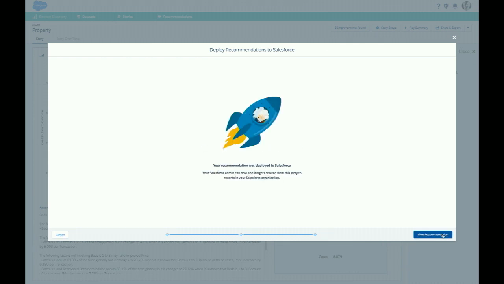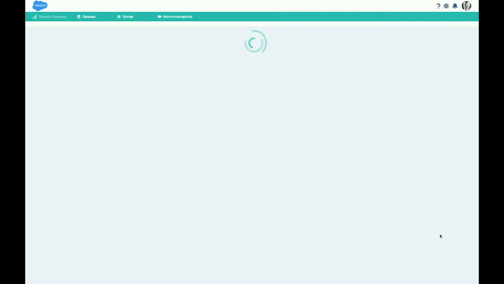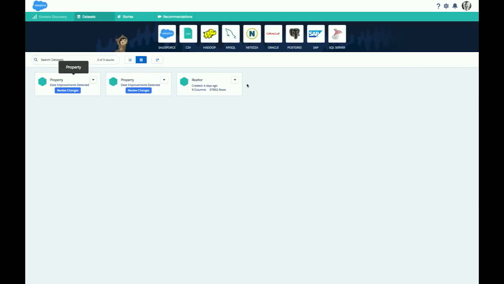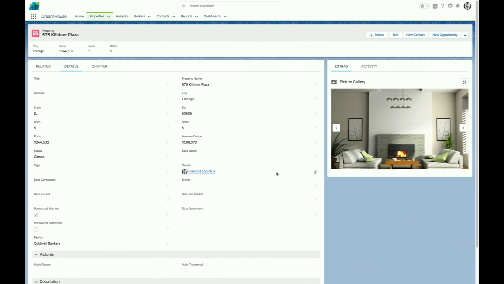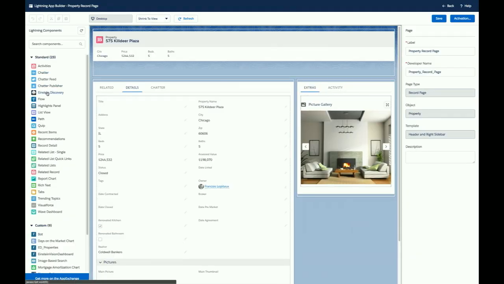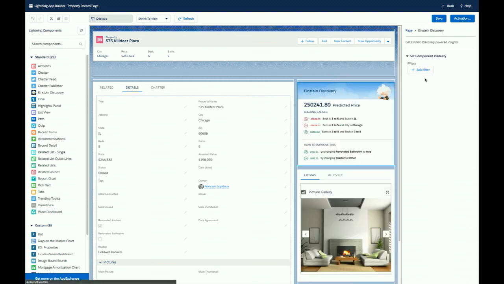So again, no more going back, working with the managed package, adjusting story numbers. Now we're already set up, putting that right back into Salesforce. Well, let's take a look. We had our original use case where we wanted to know, should we renovate our bathroom on this particular property? What I can do is now, by going in and editing this page, I have the ability to grab a standard Lightning component, drop it right here into my page,